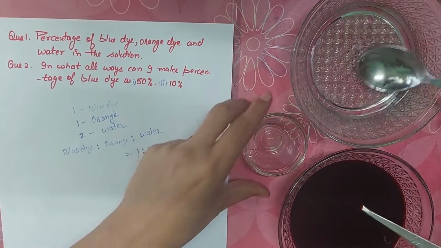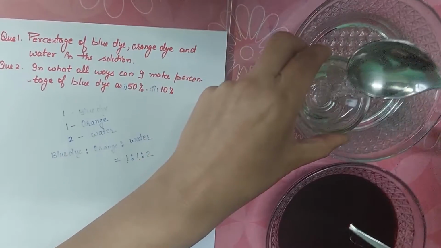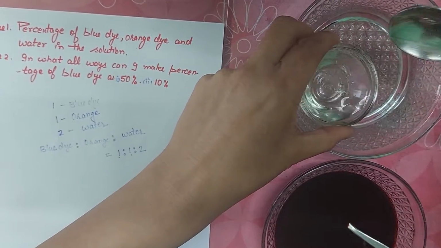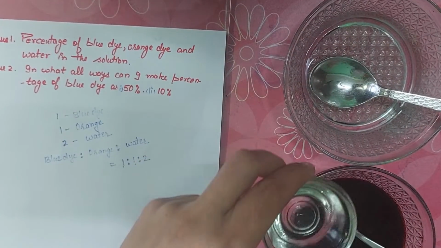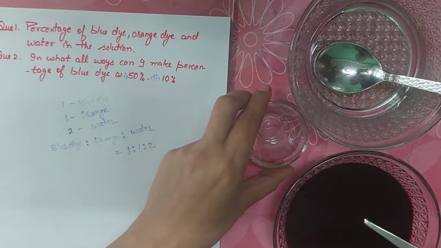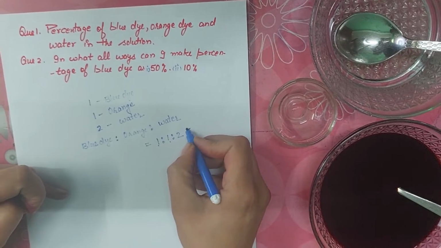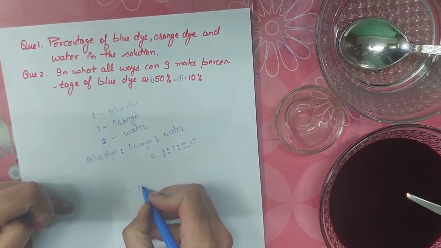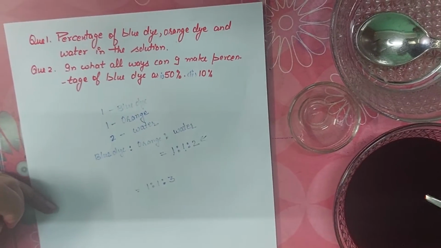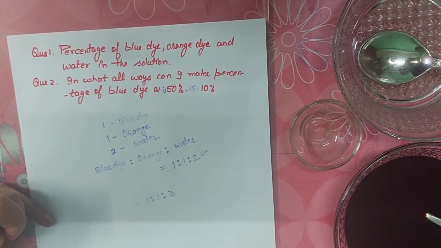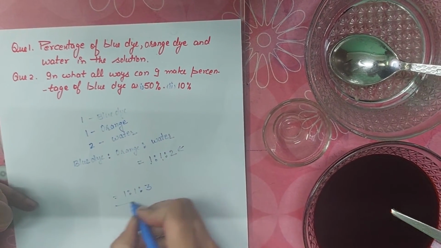If I add 1 more scoop of water to the solution, their portions can be written as, instead of this, 1:1:3, because this mixture contains then 1 scoop of blue dye, 1 scoop of orange dye, and 3 scoops of water. Okay, so I just